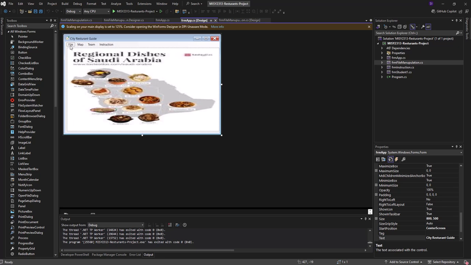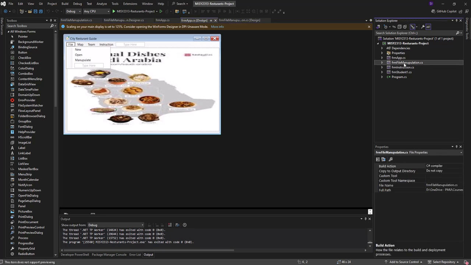Then we are going to look at the file here, which contains three entries: new, open, and manipulate. So we'll look at each one of these. We need to develop a new form for this, because new and manipulate need a form. That form we are going to call it here